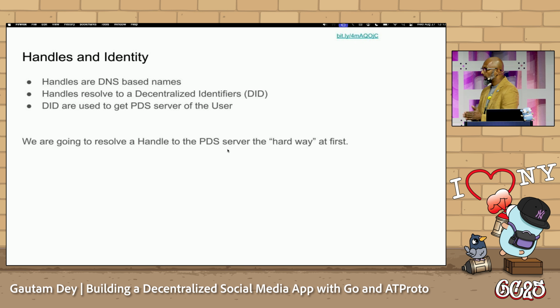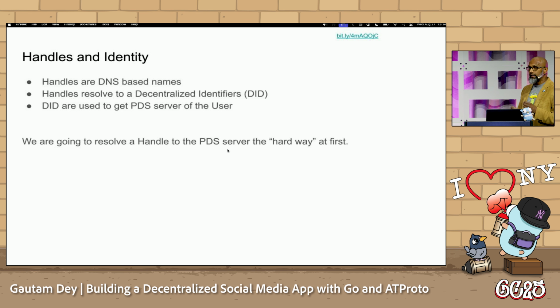Now, I have to take a small break and talk about handles and identity. So handles and identity in the ATProto ecosystem is handled slightly differently. If you look at your handle, it's a DNS name. And that's super important because it allows people to own the handles and also allows you to know if somebody belongs to an organization because they can use the organization's DNS as a form of verification that they actually belong to that organization. So if you're talking to a reporter, if they have a Blue Sky handle that ends with NewYorkTimes.com, you know that they're working at New York Times, right?